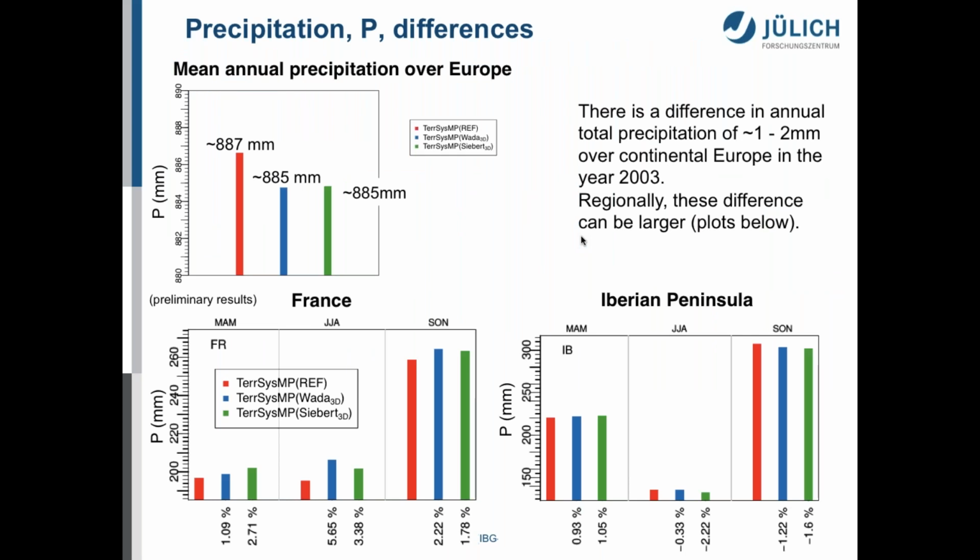So now if you look at total precipitation, what we did here is we integrated this over the full year over Europe, and we see that the reference run has about 887 millimeters precipitation, and with water use simulations we arrive at slightly smaller mean annual precipitation estimates over Europe, which are 1 to 2 millimeters smaller. It's kind of interesting